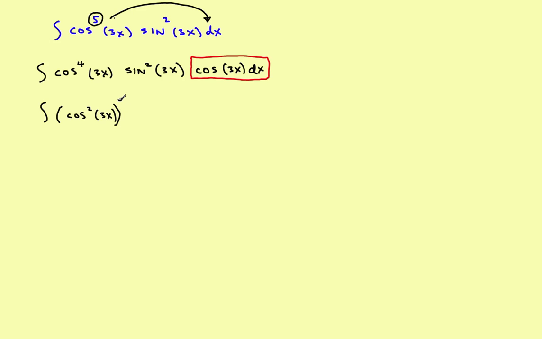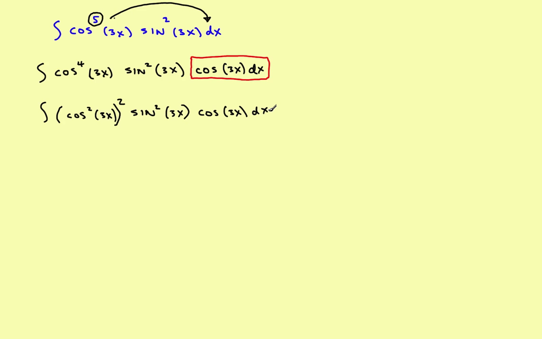Now that's going to be squared. So squared, squared, multiply them, and you get cosine to the fourth. So you've still got 4 cosines there, but you just rewrote it so that you can use the trig identity, the cosine squared is equal to 1 minus the sine squared. Now after that, you've still got this sine squared right here. So you've got a sine squared of 3x. And you've still got this cosine of 3x